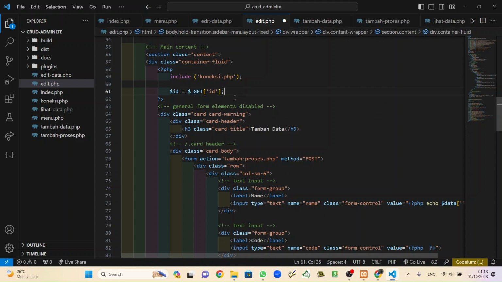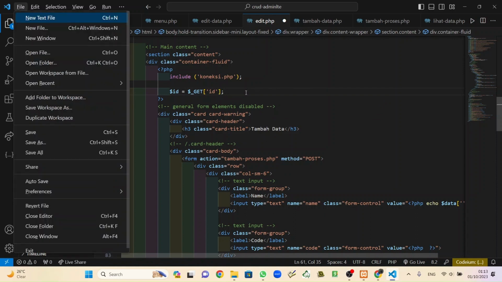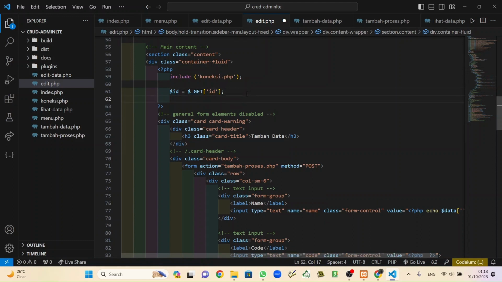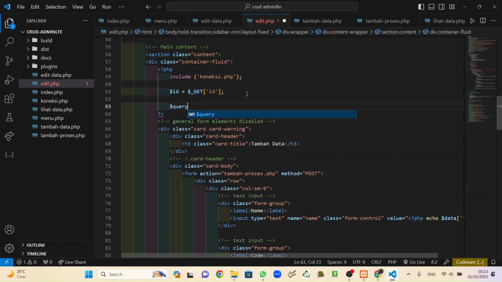I'm sorry. And next is the query. Select, no, select all from barang where ID is the same as ID. And make sure there is no typo here.